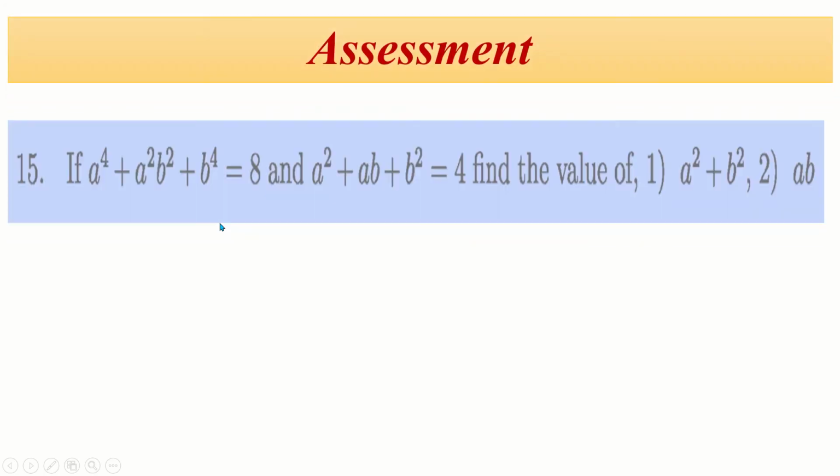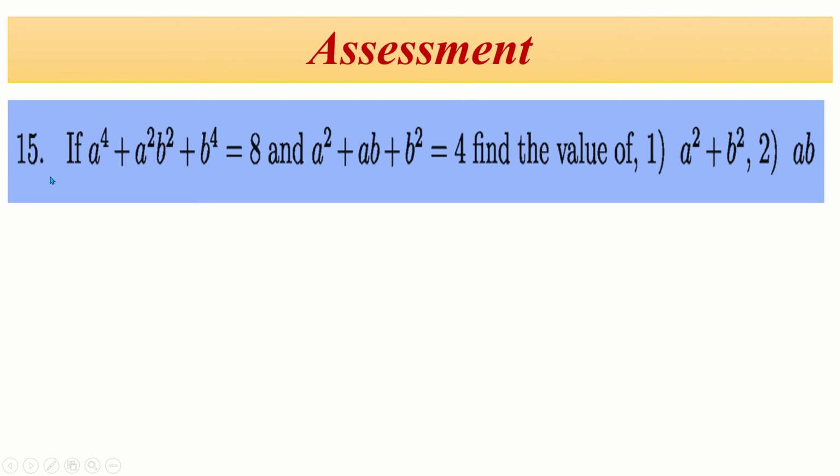Okay, now you can easily solve number 15 in your book, exercise 3.1. Same, you just have to find extra ab. Here given this equal to 8, but before in the math it was 3, also 3 here, but in this math here 8 and here 4. Solution process same. Okay.